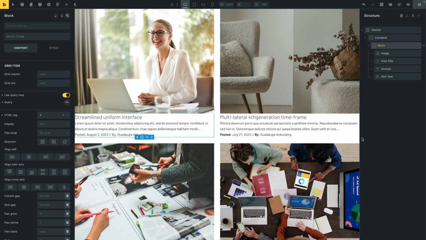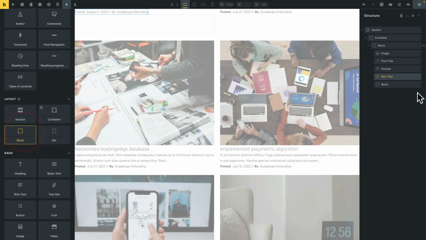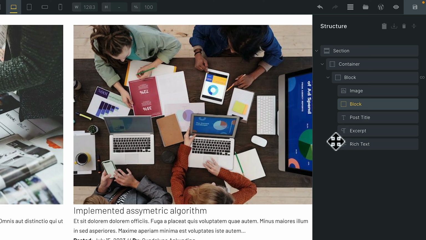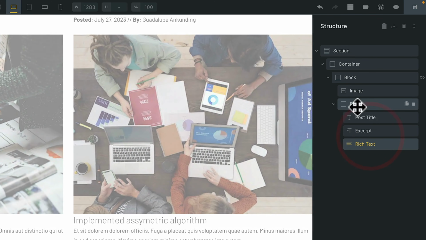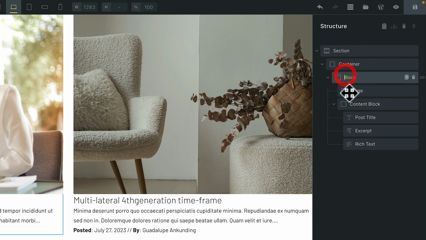First of all, though, before we do, let's just quickly tidy things up. So what we're going to do is add a new block in. We'll position that below the image because I want the image to be full width. And then we're going to put the post title and the other elements inside there. And for good housekeeping, we're going to just call this content block. I'm going to rename the main block and we're going to call this